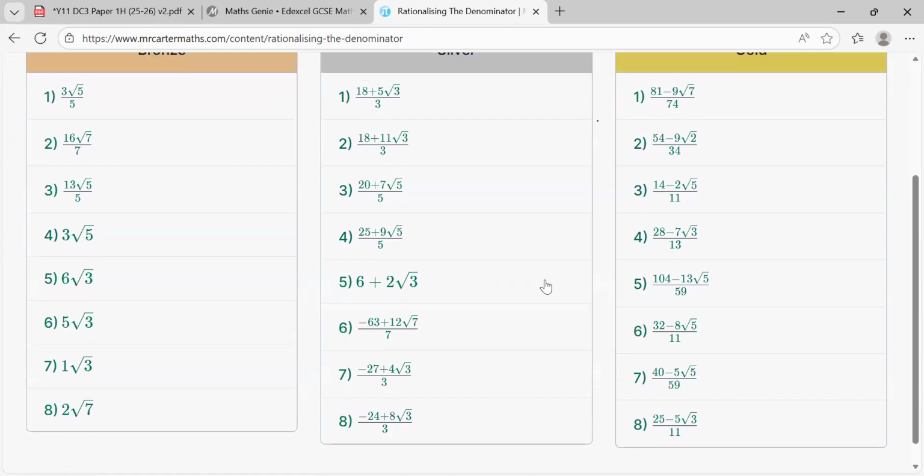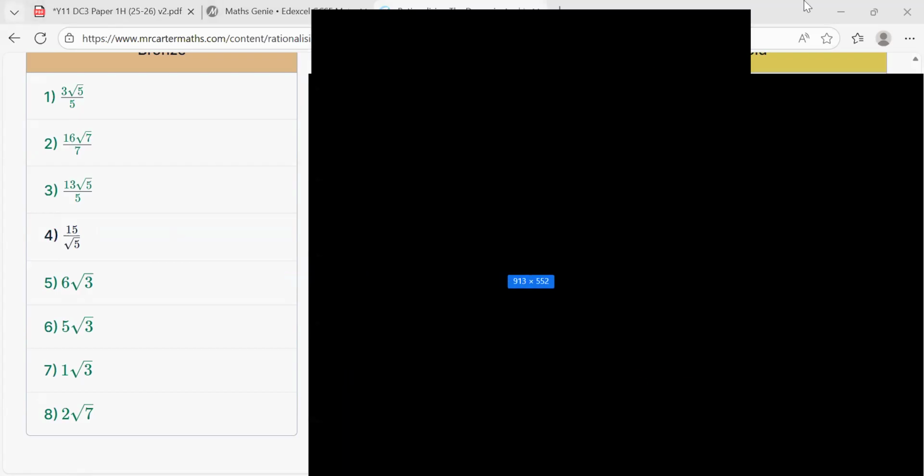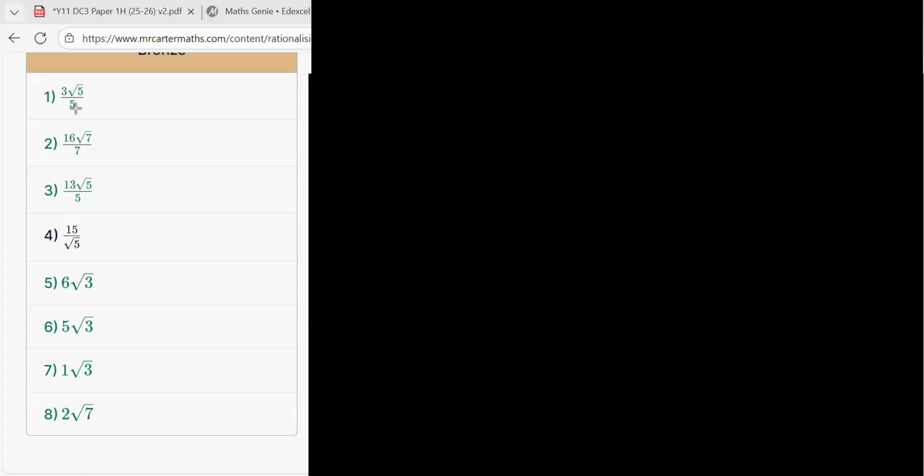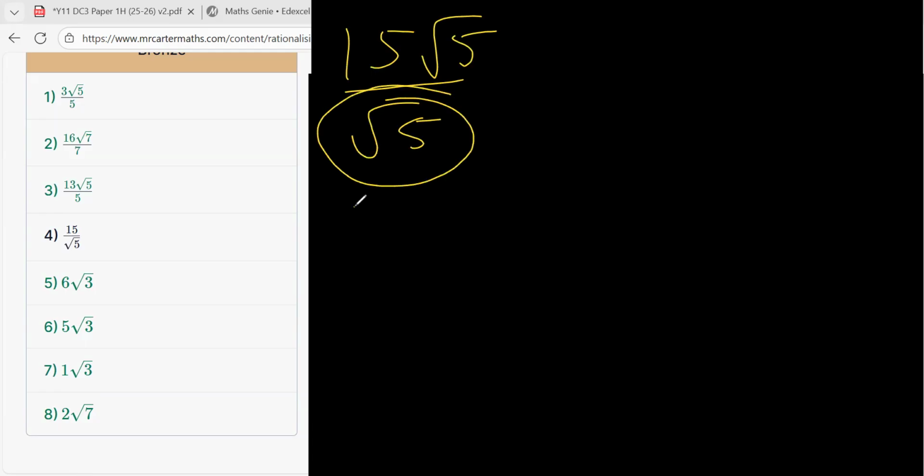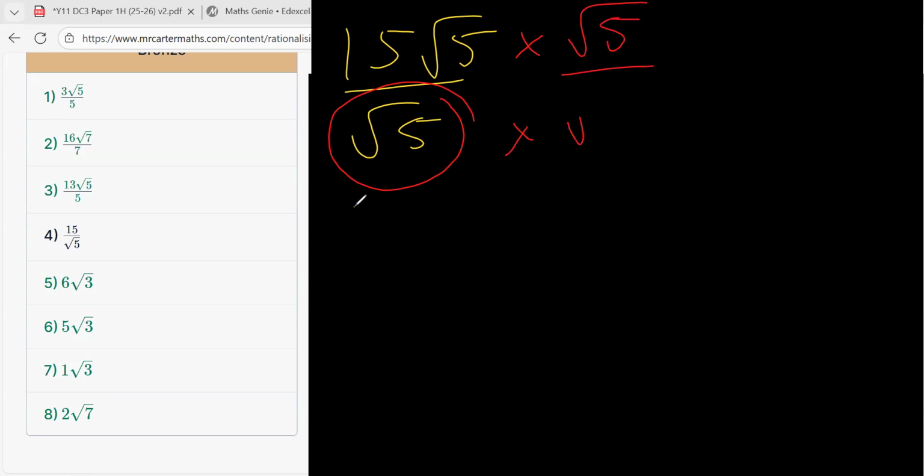Okay. So here we have it. Those are the answers. Some of them simplify. So if we look at question four, let's go through that as well, because I was going to look at that next, so it's nice that it's appeared before I have to mention anything. And so we have our number. So our question is 15 root 5 over 5. Because my denominator is root 5, I'm going to multiply top and bottom by root 5. When I simplify this,